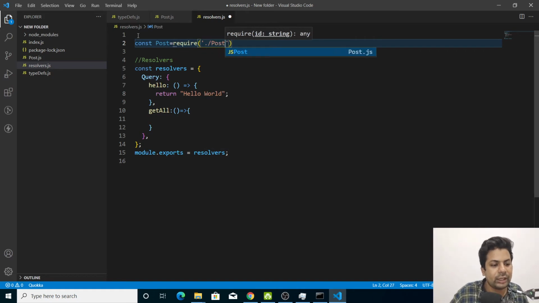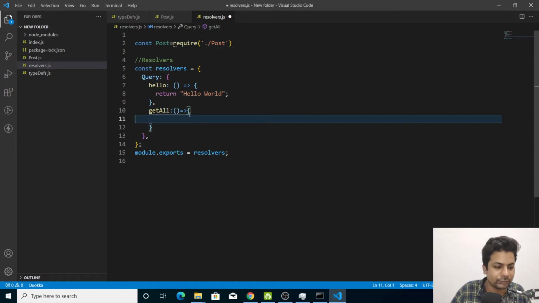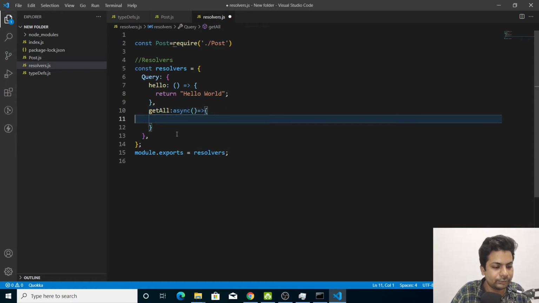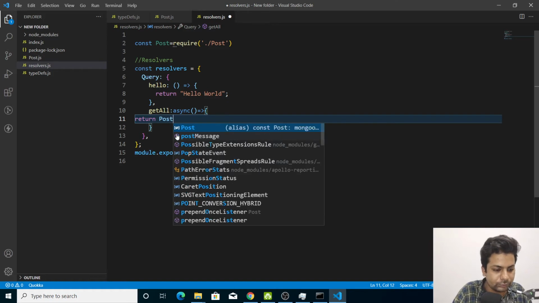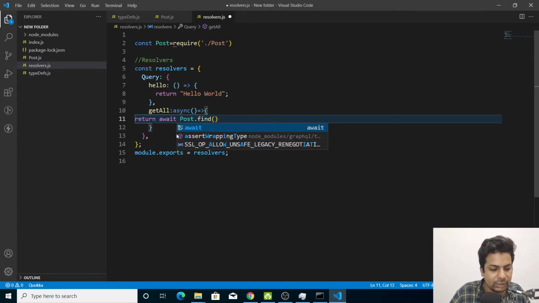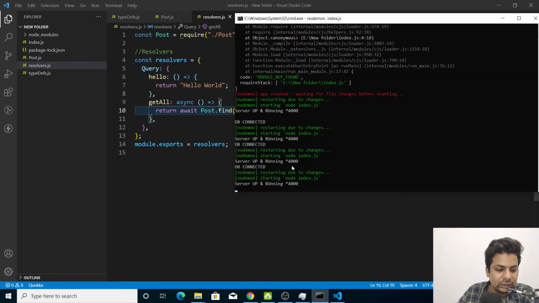So we've just imported the model, and we'll make it async because we are fetching, because it will take time, and we'll say return post dot find, and we'll await till the data comes back. Okay, everything's fine. Now let's check that it's up and running.